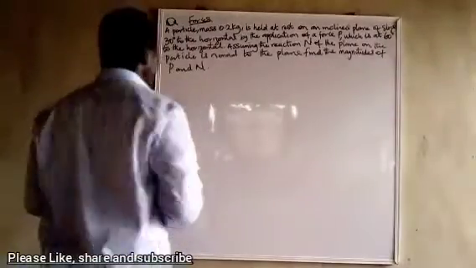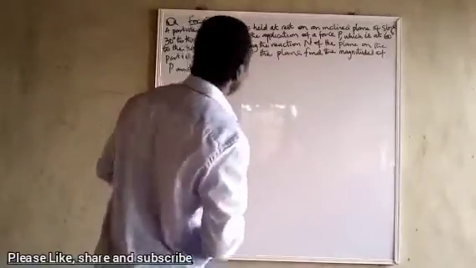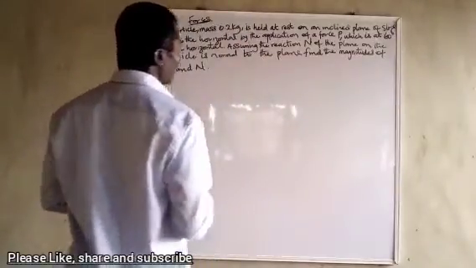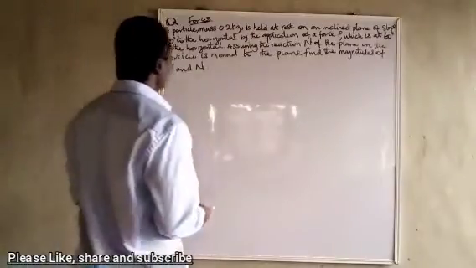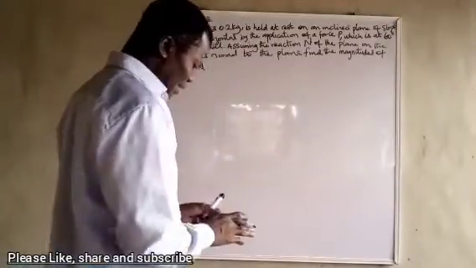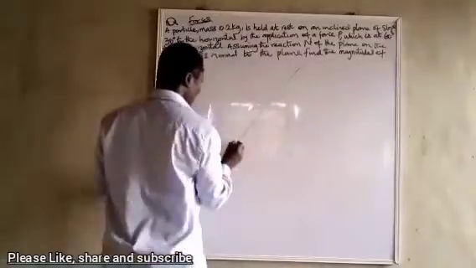A particle mass 0.2 kg is held at rest on an inclined plane of slope 30 degrees to the horizontal by the application of the force P, which is at 60 degrees to the horizontal. Assuming the reaction N of the plane on the particle is normal to the plane, find the magnitude of P and N. You have a situation like this,